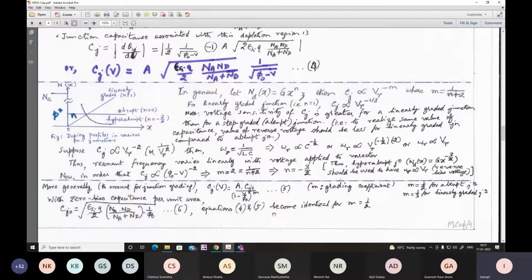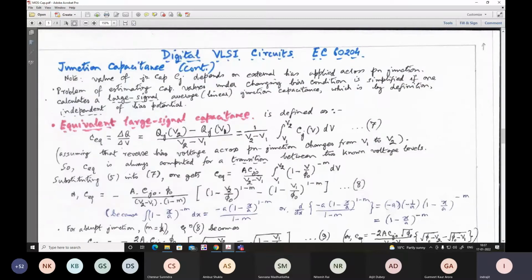The value of the junction capacitance depends on the external bias, which here means the reverse bias potential. Depletion region capacitance is more compared to the forward diffusion capacitance, which is accounted for in forward bias. But as the PN plus junction mostly remains reverse biased, where P is the substrate and N plus can be the source or the drain, we have to take into account the depletion region capacitance. This Cj depends on the external bias, and when we subject the MOSFET device to varying potential, we see that it varies in a complicated manner with respect to V. Now we need to simplify that.